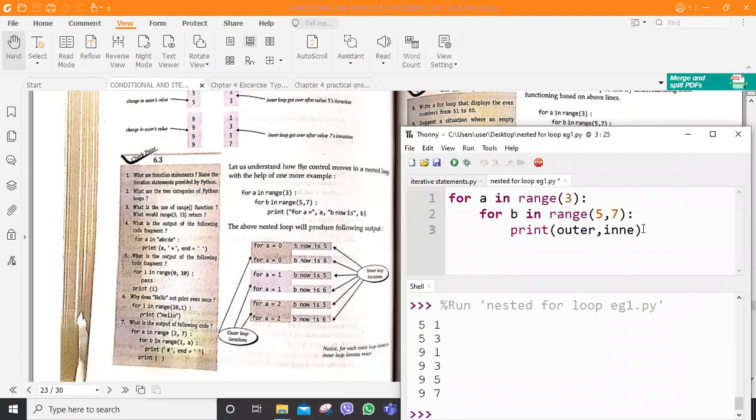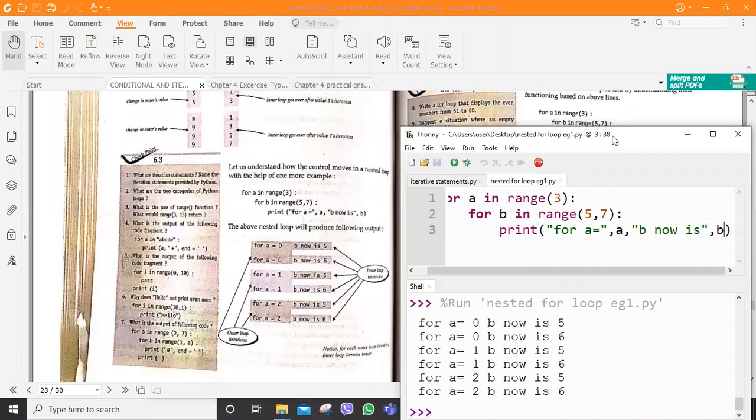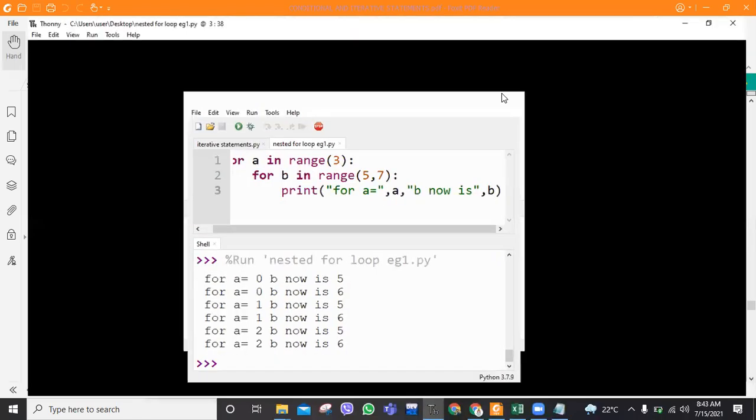Now inside the print statement, I'll write "for a equals to", comma, a, comma, "b now is", comma, b. Okay, so this will be a solid example to understand.